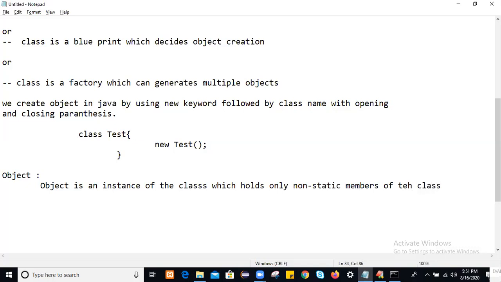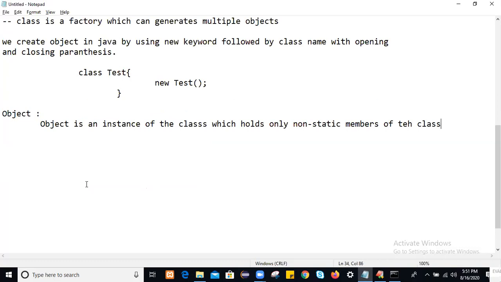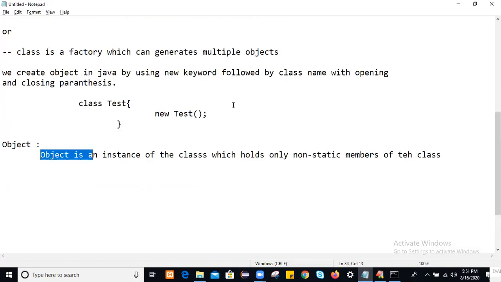Why do we create objects in Java? Just to allocate memory to the non-static members of the class. That is why we create objects in Java, to load or allocate memory to the non-static members of the class. That is the only point of an object.